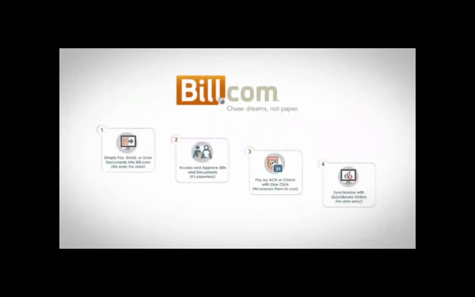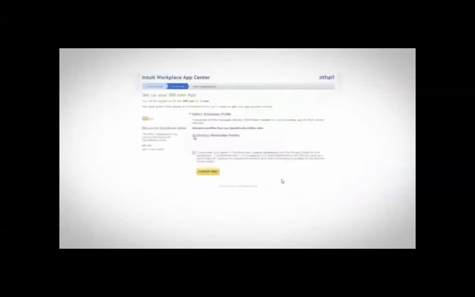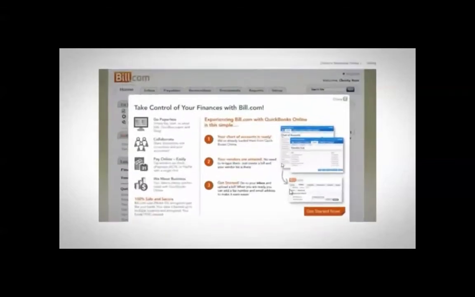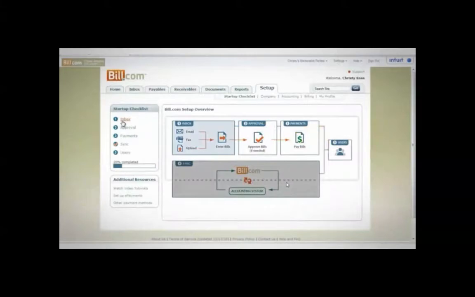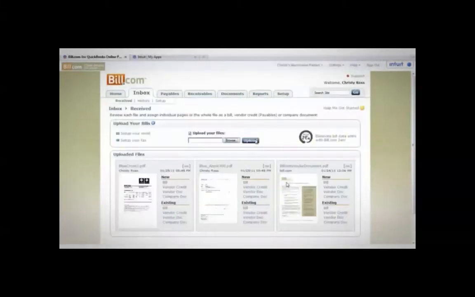It has a seamless, two-way integration with QBO. Basically, you just send an invoice up to Bill.com, and you can upload it in many different ways. You can fax it in, email it in, or scan it and drag and drop. Either way, you get it up there, and they will digitize it. At that point, you can get rid of your file cabinets, the same as with Receipt Bank. No more paper in the office. Like I mentioned, it has this two-way communication with QBO. Vendors are pulled up from QBO, and then the bill-paid information goes back.